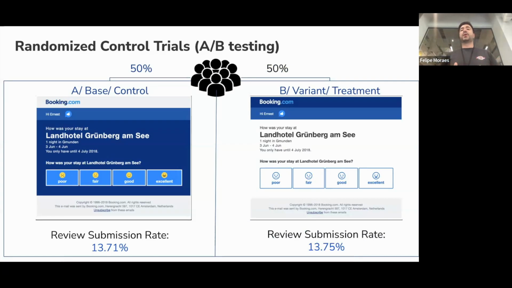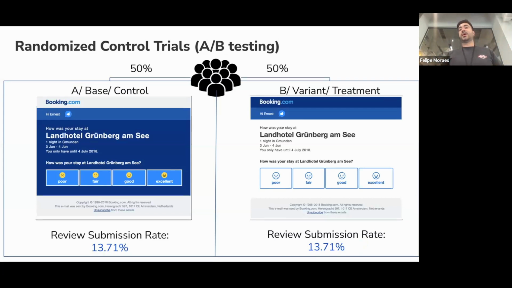We want to compute what we observe as a submission rate in the control group and in the treatment group. If we run a t-test after this experiment, we can conclude that maybe this experiment was conclusive, and the treatment variant is a better version of these two settings, because we see that the difference is actually significant.